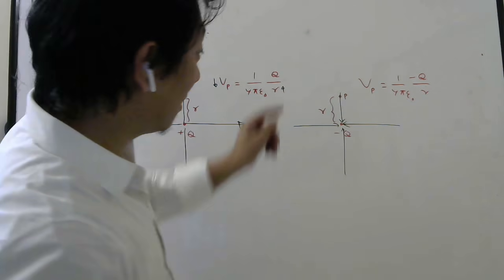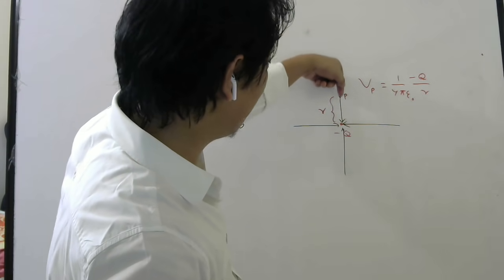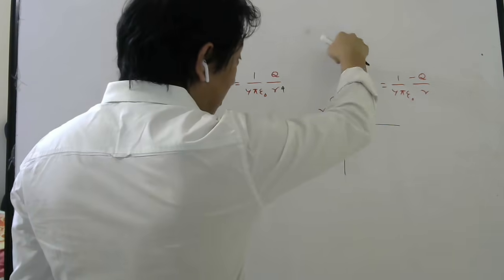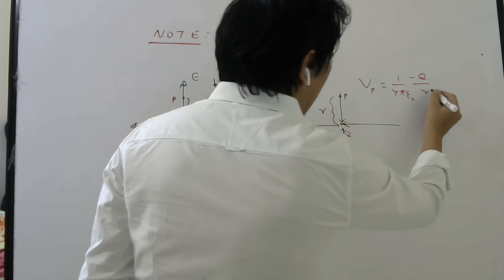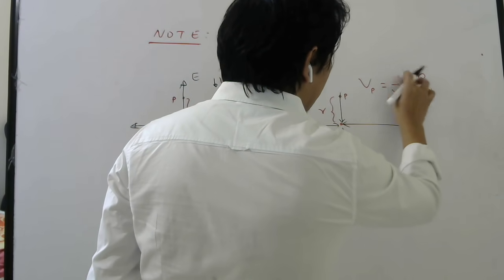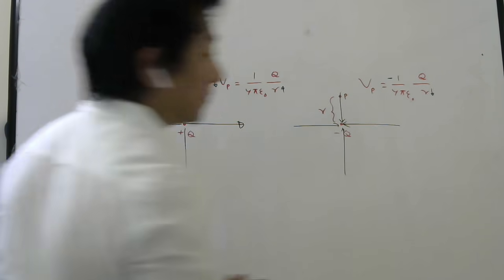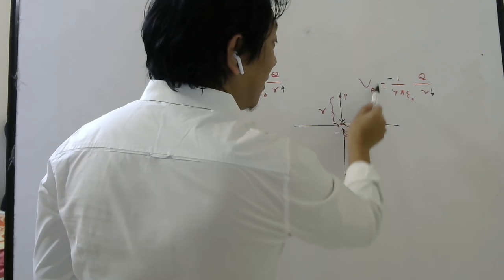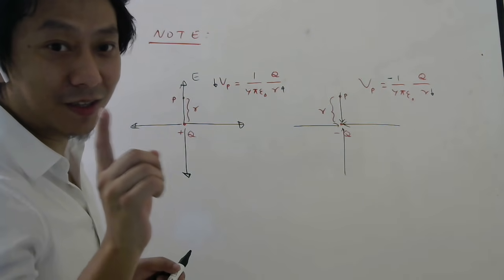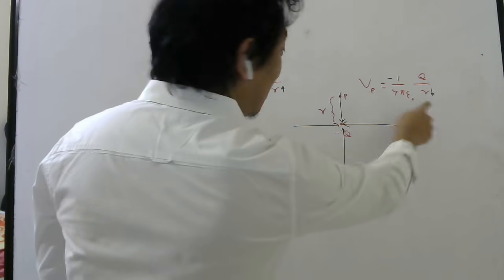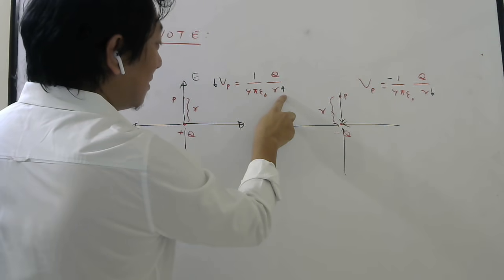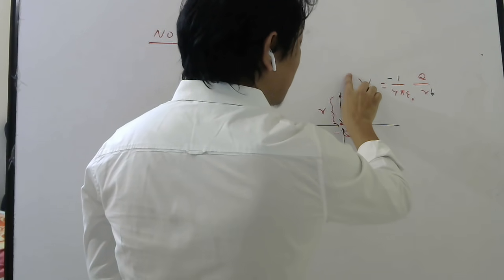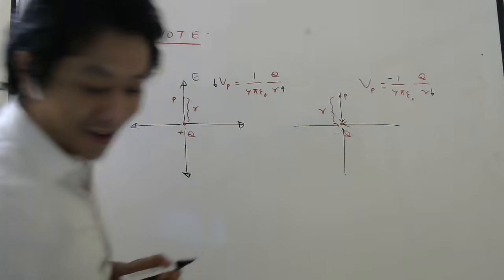Look here. Suppose I walk along the electric field. The electric field is now towards the negative charge. So if I walk this way, what is happening to R? R is decreasing. Will this increase or decrease? Some of you are thinking increase because it is inversely proportional, just like here. See, here R increases, this decreases. So here R decreases, you may think this will increase, but students, the minus charge is there, a negative sign is there.